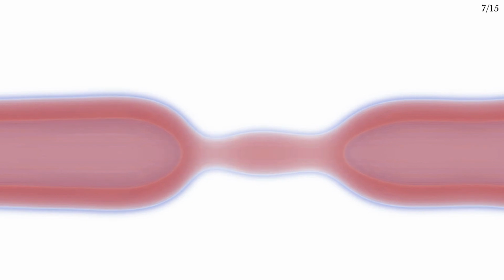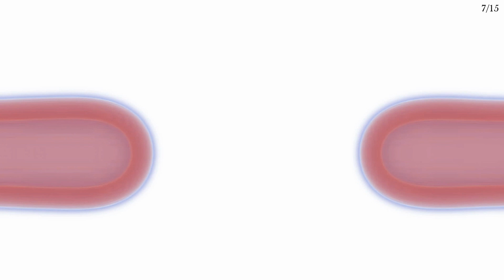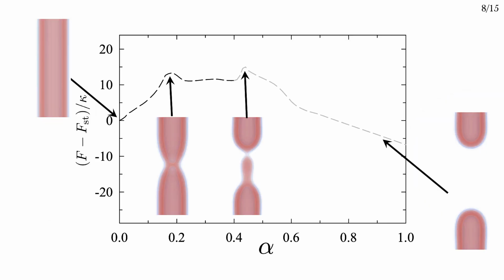At some point, the constriction point constricts further and breaks off. The tube is now fissioned, and given that the tube and the worm-like micelle are under tension, they retract. The string method doesn't just give me a path, it also gives me free energies all along the path. The free energy first increases as the tube constricts locally. This first maximum is the local collapse, the second maximum is the fission of the worm-like micelle.